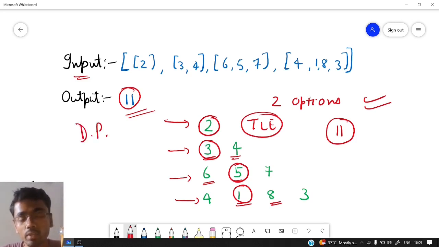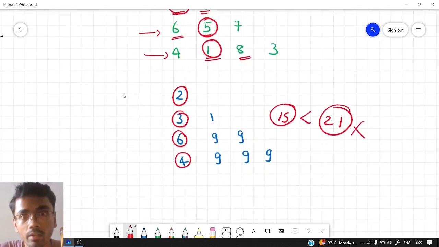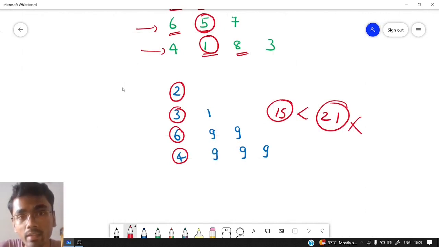because if you see one observation, we can't judge by standing at a particular position whether the next number I am getting is the least possible option that is available to me or not. Because if you see this example that we have taken here, by standing at 2 we can't judge whether we will get some minimum value or not.